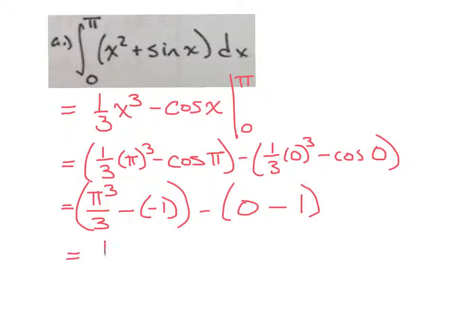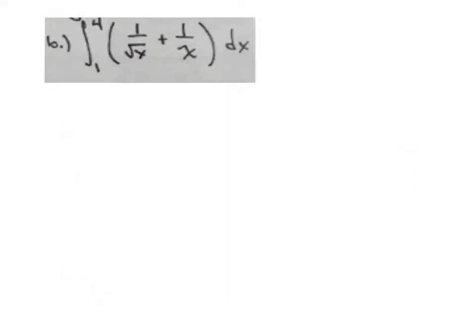So simplify that whole thing. We'll get pi cubed over 3. This piece will be +1 minus a -1, so +1 makes +2. This one's a little bit trickier because before we want to integrate it, we want to